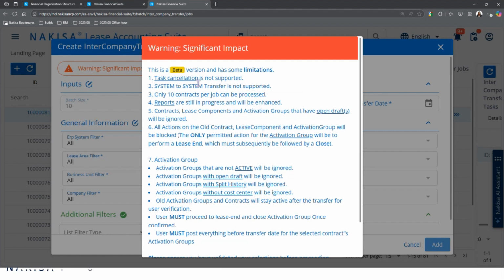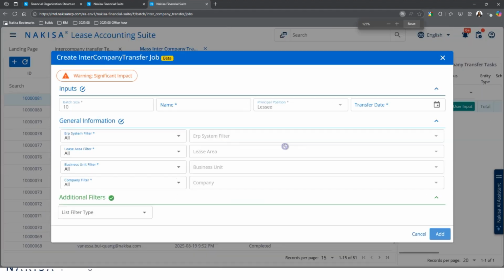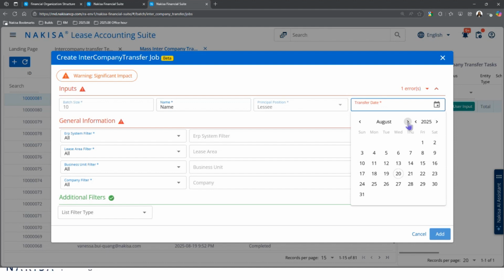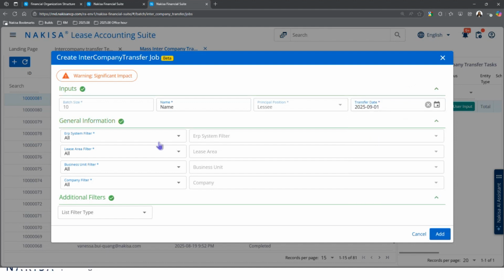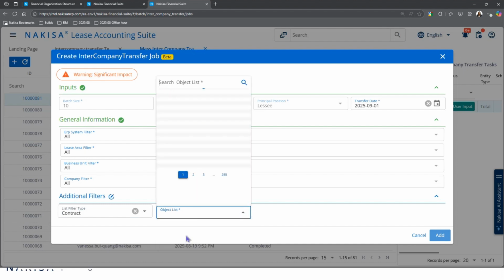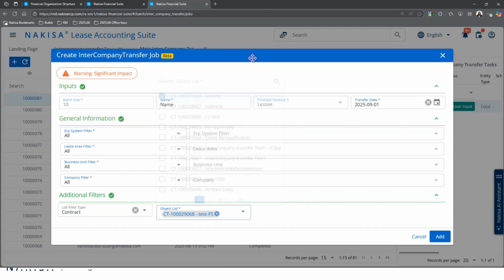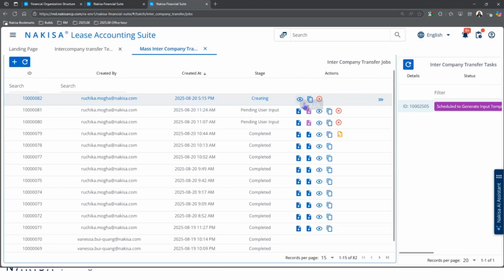So this is giving you a snippet. I've explained to you most of it already. So basically, when you want to initiate it, you will be assigning a name, and then you'll select positions. So just to show you quickly a random example, which I'm not going to run as of now. And here's a contract, and I don't want to select anything else. I'm just picking any contract. And when the user selects add, the solution will automatically create